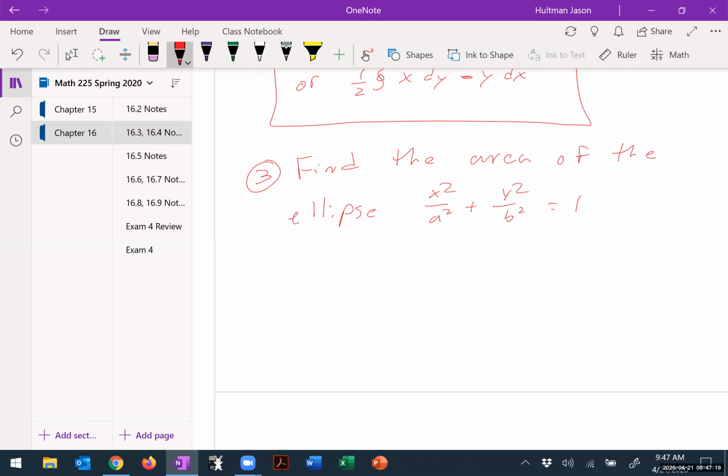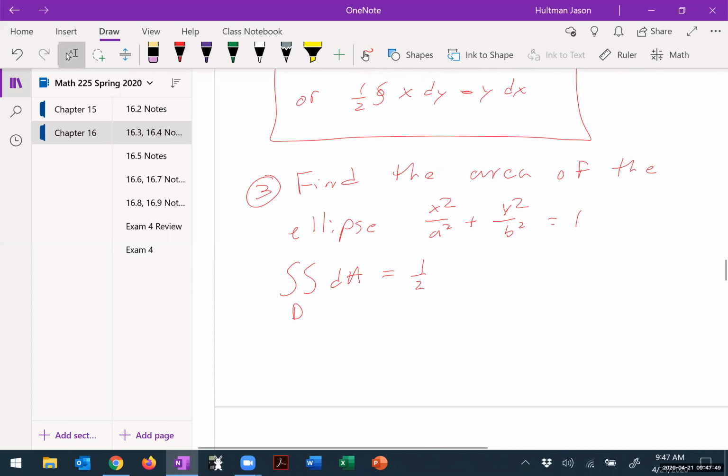Well, let's use Green's theorem to help us figure that out. Okay, so I'm going to use Green's theorem kind of backwards. We're going in the reverse order for Green's theorem. We're turning this double integral into a single integral. dA is equal to 1/2. I'm going to use that last one here. 1/2,